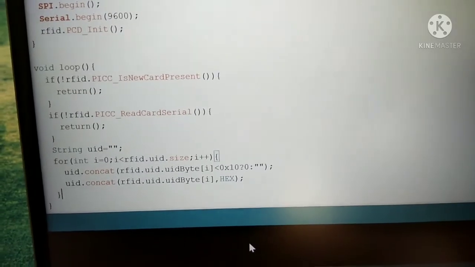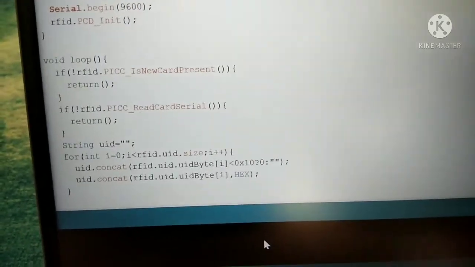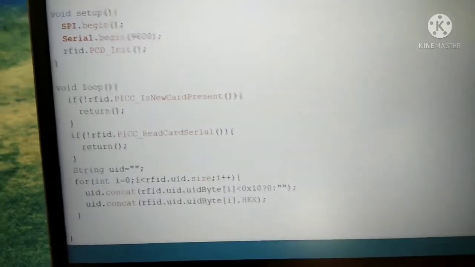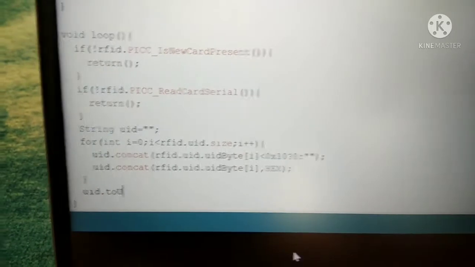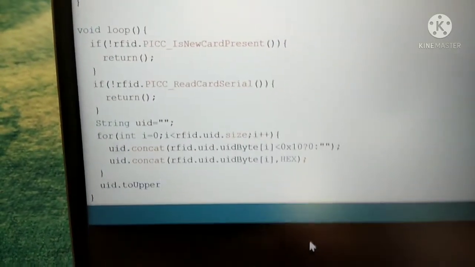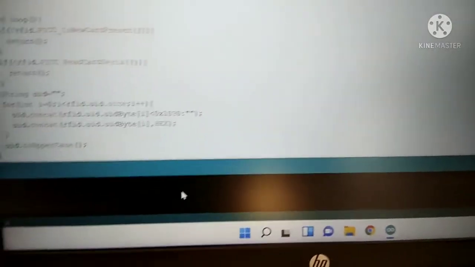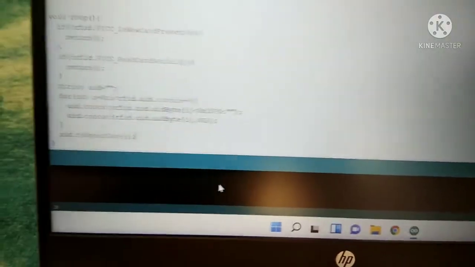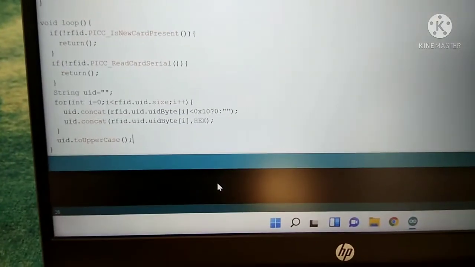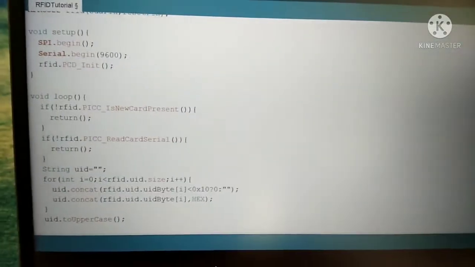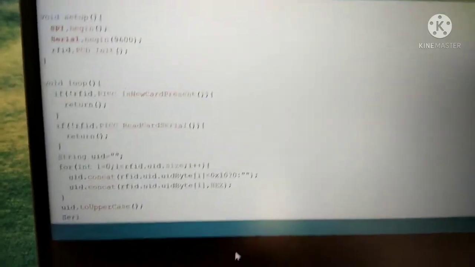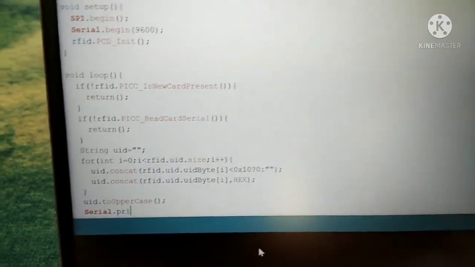So then we get this, then we just need to do one thing, that is we need to convert UID.toUpperCase, just so that there should not be such a problem that a in the UID is small and b is bigger, so it becomes difficult to compare, and it looks much more proper in uppercase. So we will be changing it to uppercase, and then for now we are just using Serial.print